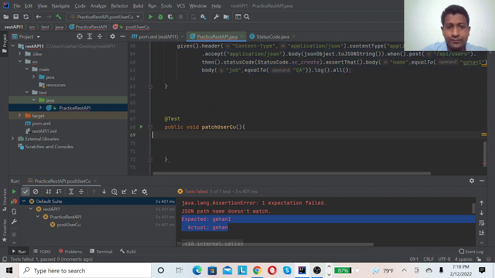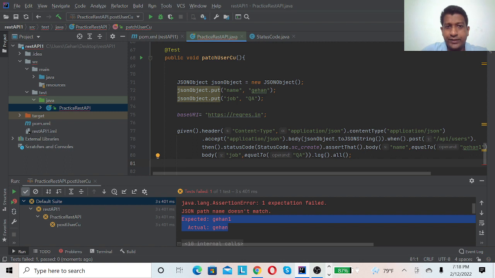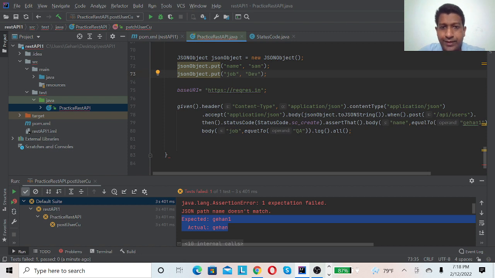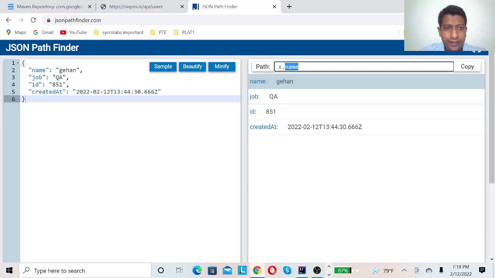For the patch also, we have a request body, so we need the JSON object. Let's assume I'm changing my name to a different name, and I'm changing my job as well. Then instead of create, let's see under patch.